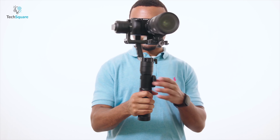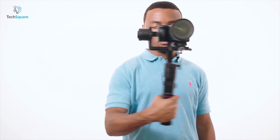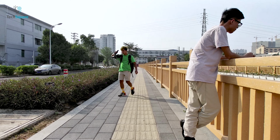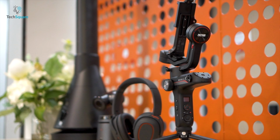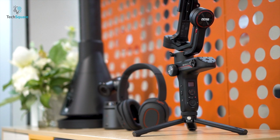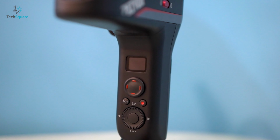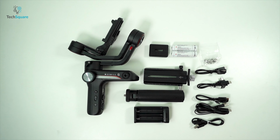This made it easier to maneuver the gimbal since I don't have to do crazy maneuvers like with the one-handed gimbals that came out first. Although most of the new gimbals offer this underslung option, Zhiyun certainly offers a fresh, new, different perspective in their gimbal design. Whether you like the design or not is going to depend on your personal preference. But with this type of design, Zhiyun is giving you options as to how you can hold and use the